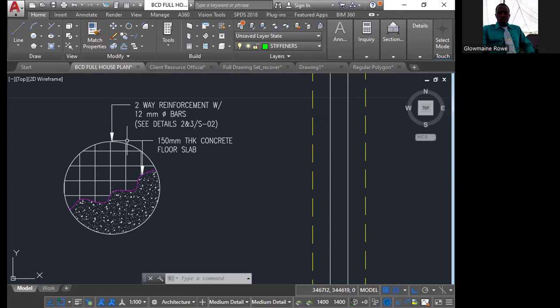So, you see, all right, so to get that symbol here,